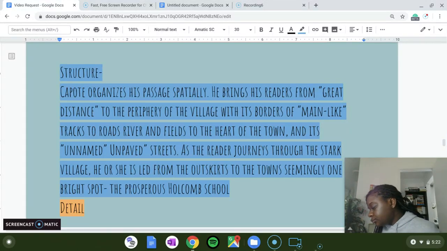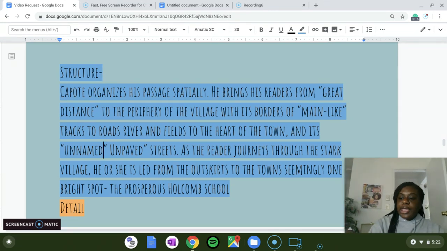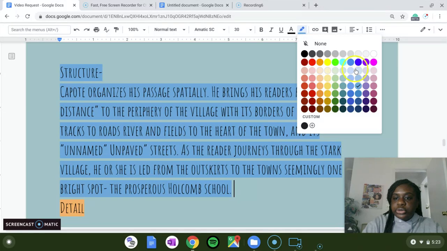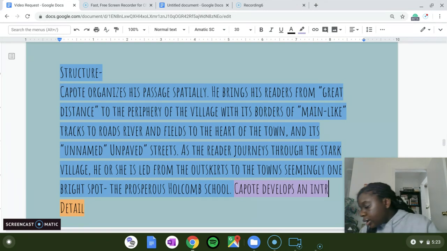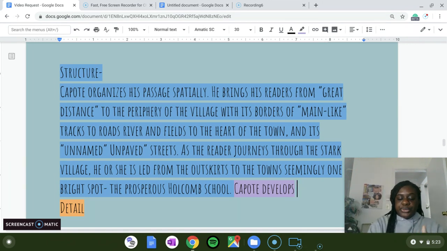So let's keep writing. Capote develops our interest in the school by contrasting. Exactly. Beautiful. And that's why it's very important. I will just make this a different color. Capote develops our interest in the school. Our, as in reading. You can do in or out, whatever, but develops our interest in the school